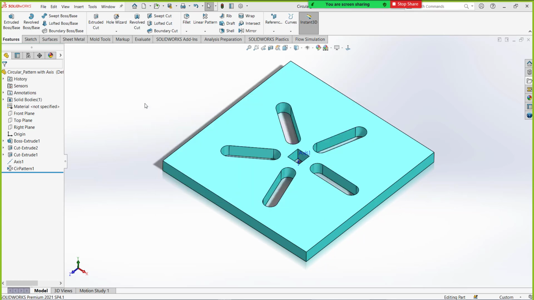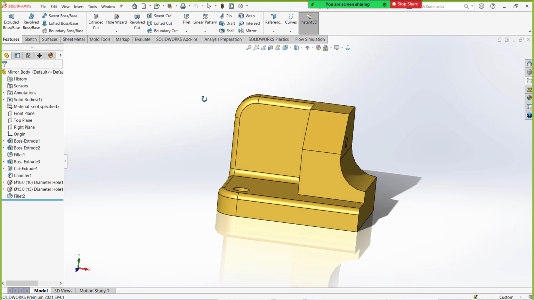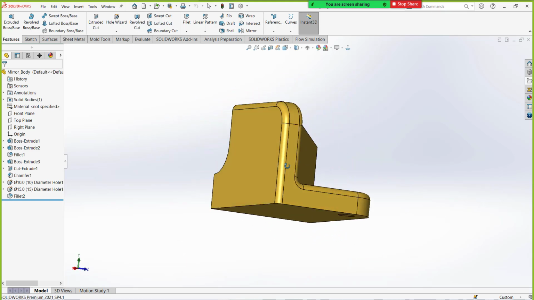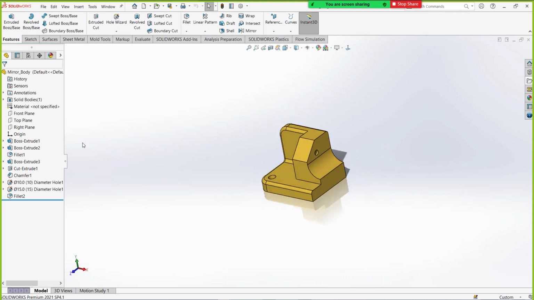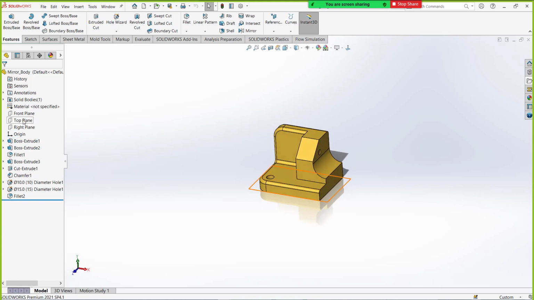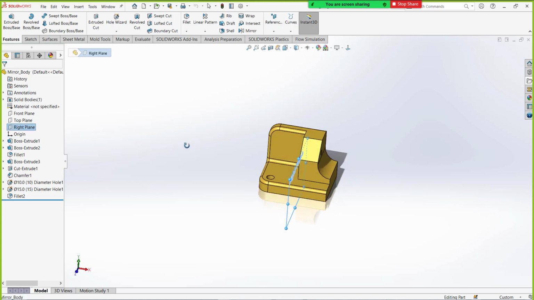And now we have the mirror. My requirement is that the entire body, all the features, should be mirrored with respect to this reference. But you can see there is no plane exactly at this location, and this plane is lying here. So you can use the mirror from here as well as from here.